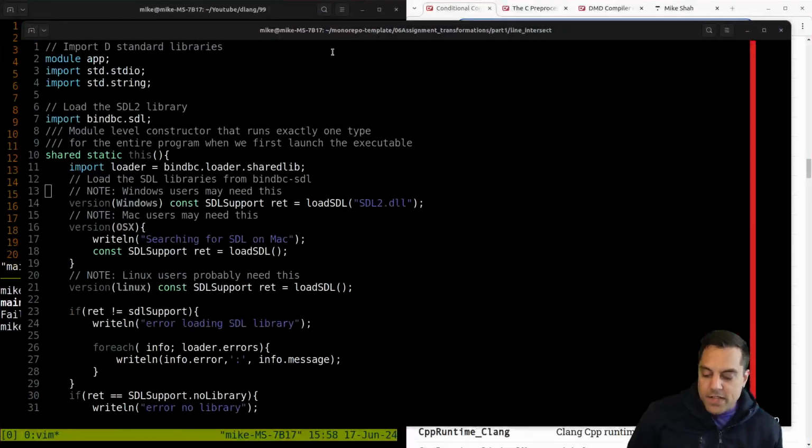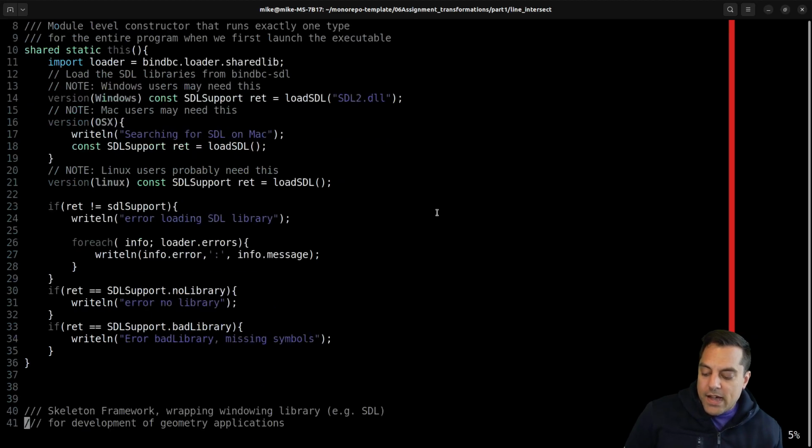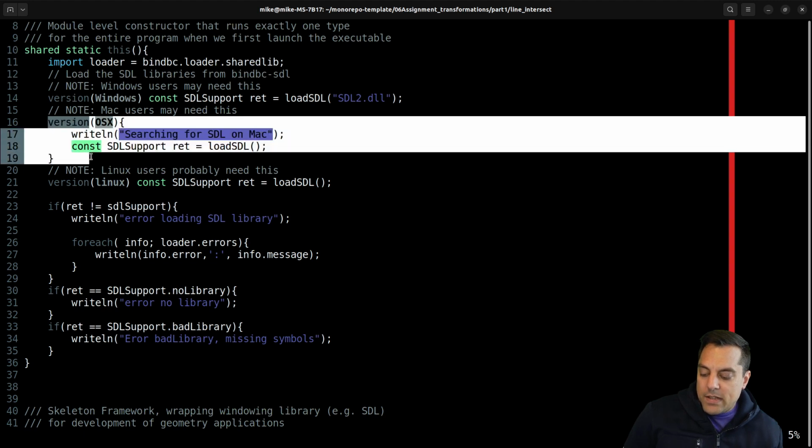Now, some other things here. I just wanted to show you a piece of code. This is from the BindBC library. And I think this is how the author, Mike Parker, I believe, who originally set up some of these libraries, did it. I think it's maintained by somebody else even now, or they're collaborating. But either way, from their samples, that's kind of where I learned this trick here